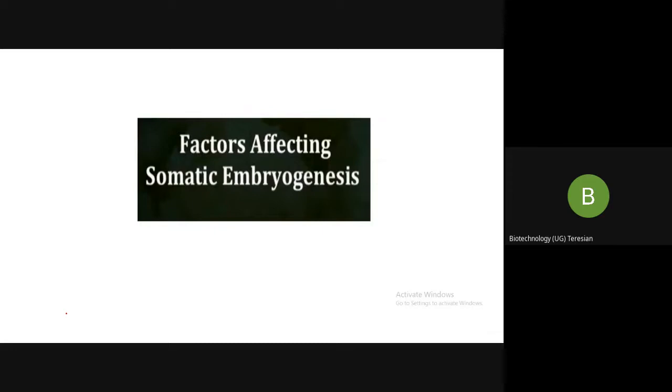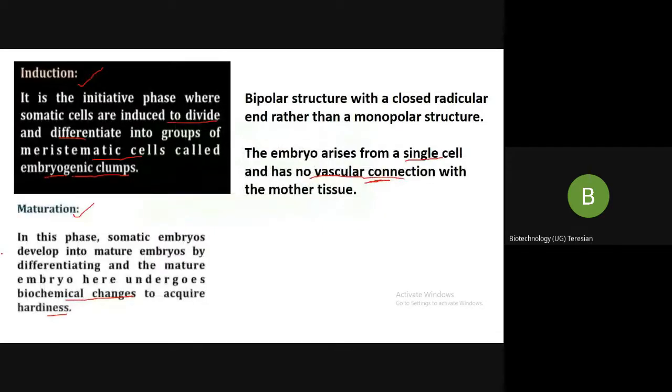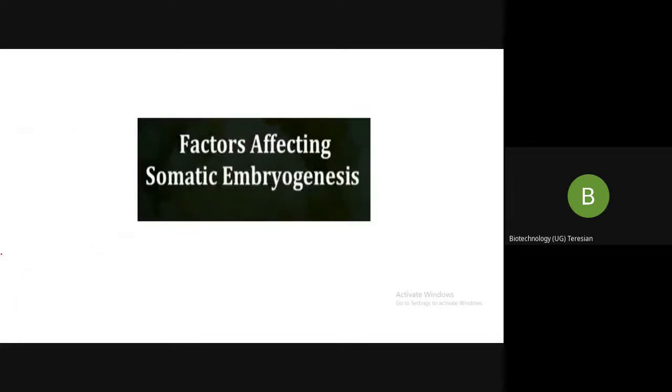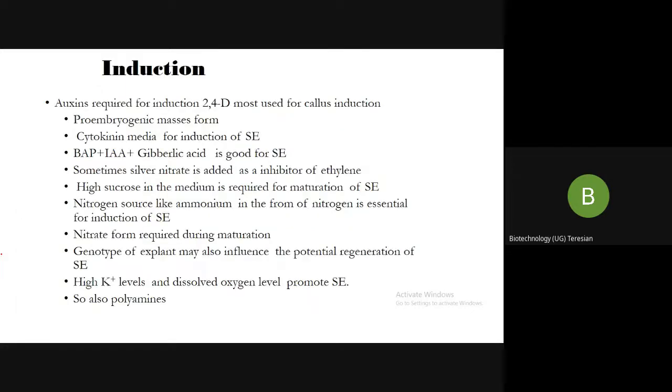So for these two, induction and maturation, what are the factors that are affecting your somatic embryogenesis? We shall look into that. For inducing your somatic embryogenesis, you require growth regulators. So the presence of auxins, 2,4-D being an example of an auxin. Your 2,4-D, chlorophenoxy acetic acid, or simply called 2,4-D, in the medium is essential for induction of the